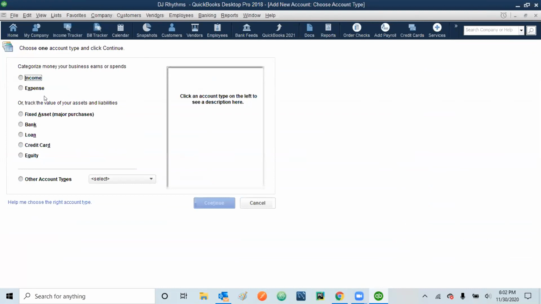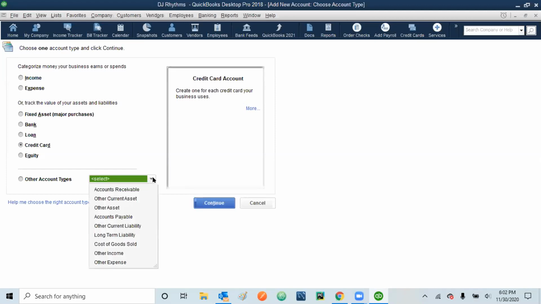So don't get confused. If you are ever confused, QuickBooks also helps you in understanding what type of account it will be. So let's say if you click here, you want to create savings accounts. In this portion it says once you create this bank account, you'll be working with petty cash, checking account, savings account, or money market account, right? If you click loan, it itself is a loan. So we don't need to think about it like that. Create credit card. You see, create one for each credit card your business uses. So again it's with the bank, but there are some other accounts as well.